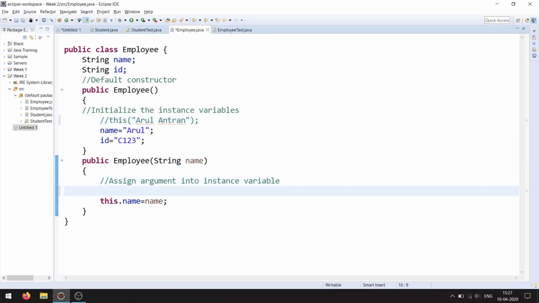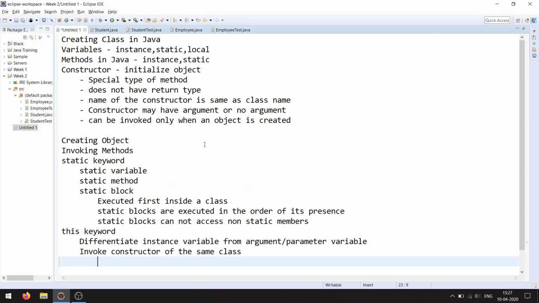Otherwise, suppose from the parameterized constructor, if you want to invoke the default constructor, you can add a statement like this of. So this will invoke the no argument constructor of the same class. Likewise, the this keyword can be used to invoke constructors of the same class. And this of statement should be the